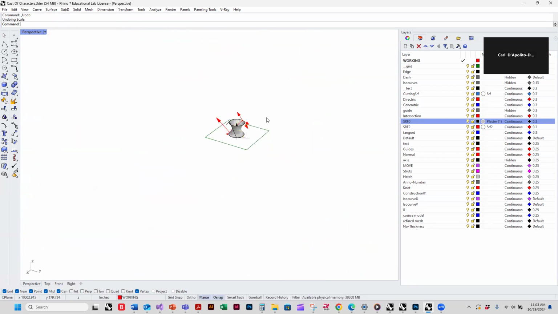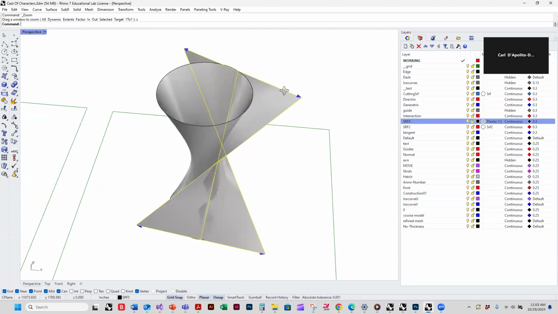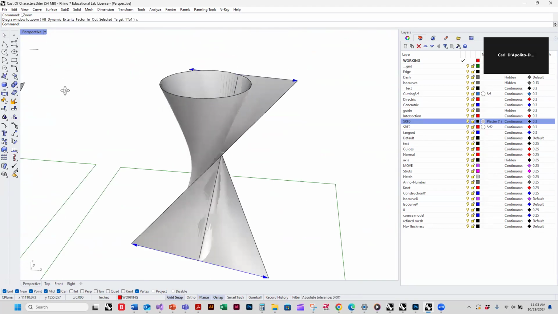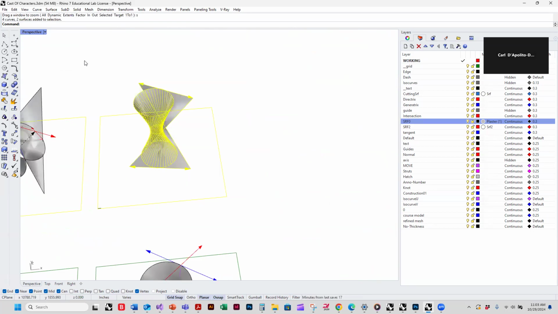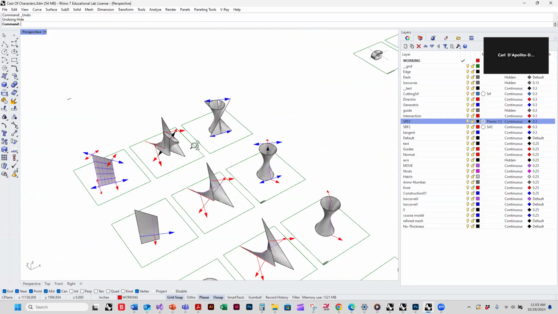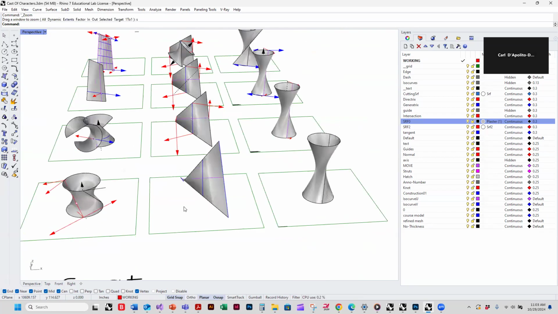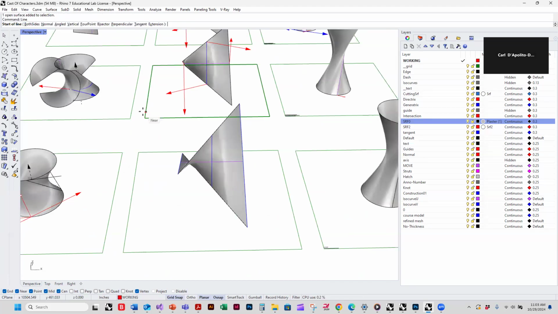And you can go the other way as well. So if I have, and you can do it with all different shapes and sizes, they don't have to be the same. Like here's another one. There's a different one. And if I start with the hypar, instead of the hyperboloid, all I need to do is take its two isocurves